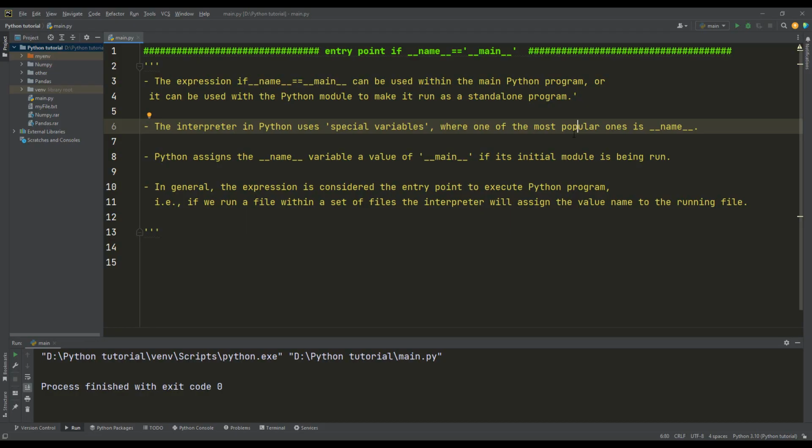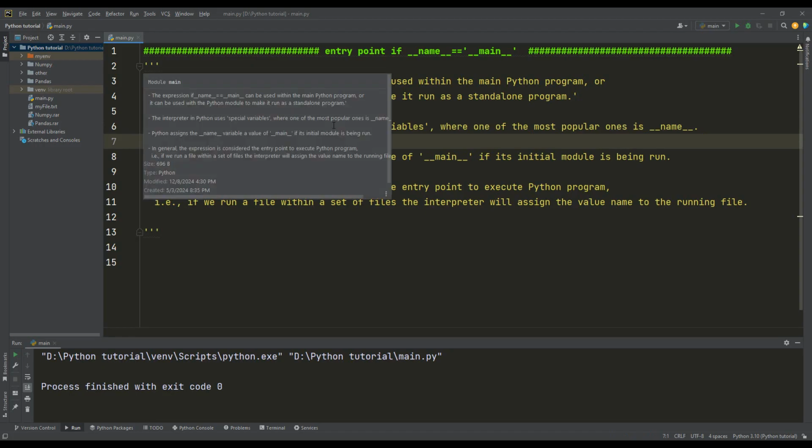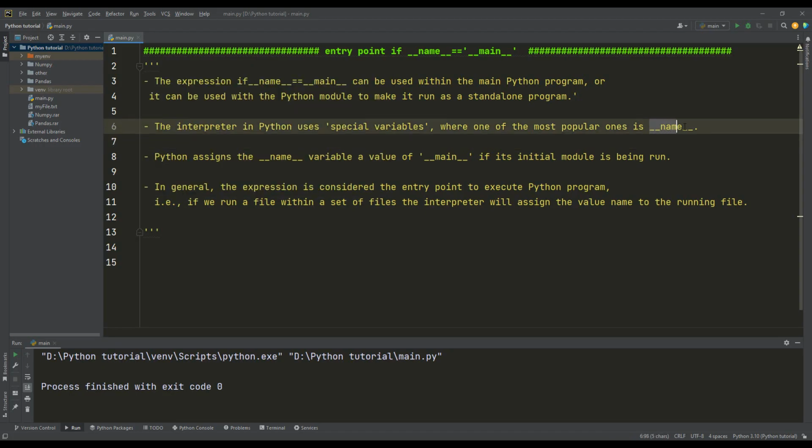That means it is the starting execution point. The Python interpreter uses special variables. One of these variables is __name__.